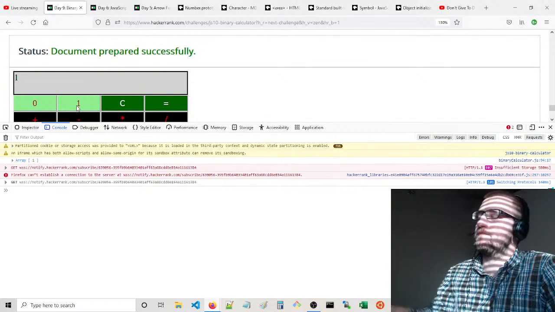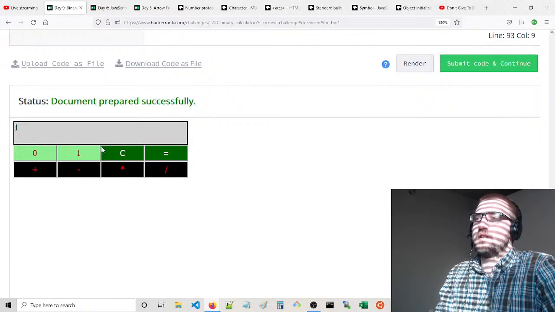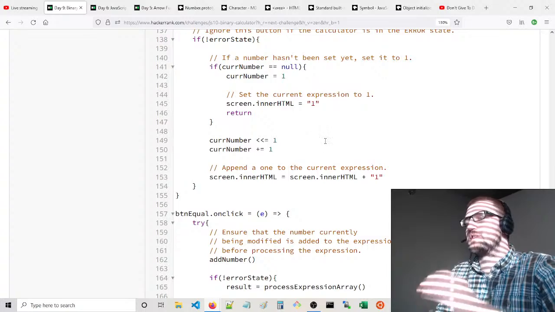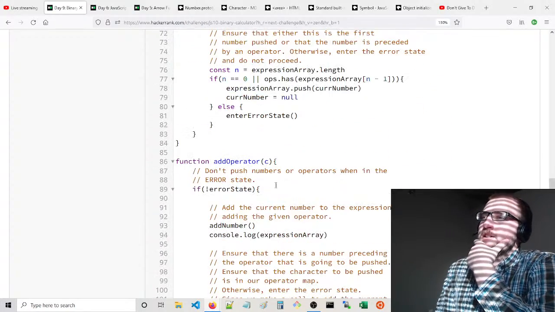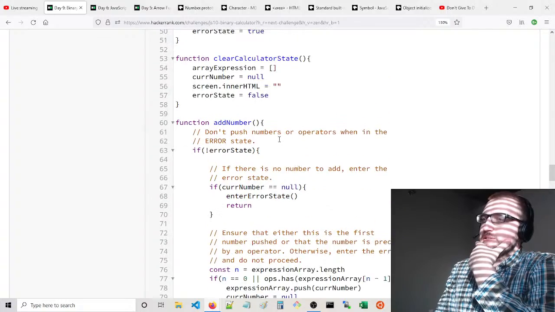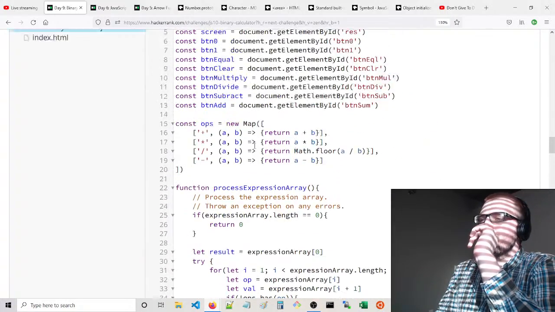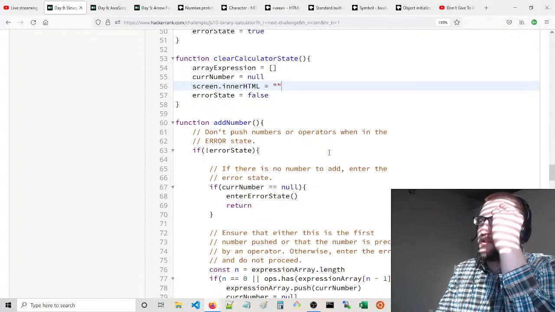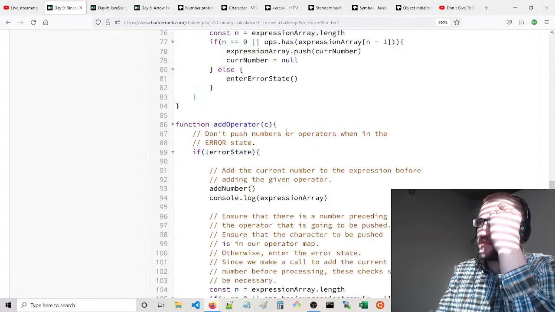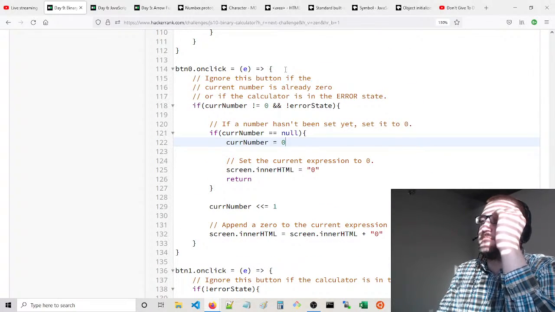I think I get it. I see the problem. It's okay, but it's a lot of things that I wasn't considering. A lot of things that I was not considering here. So when we set the inner HTML to 1, that's a tricky thing because